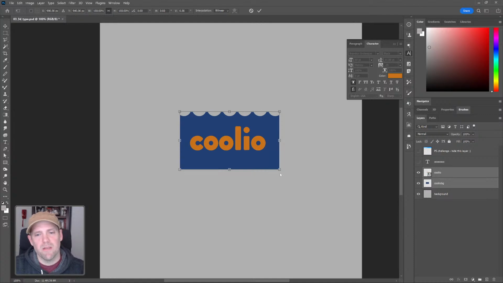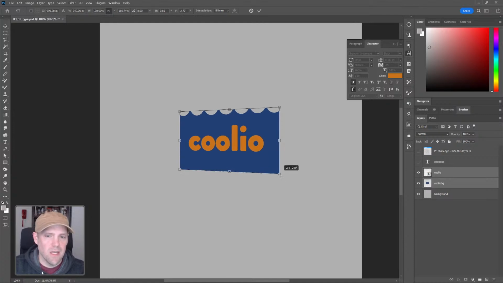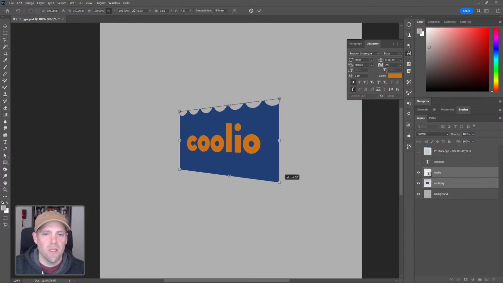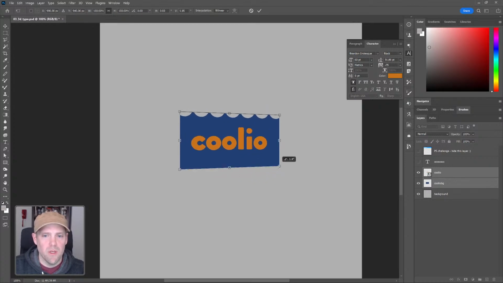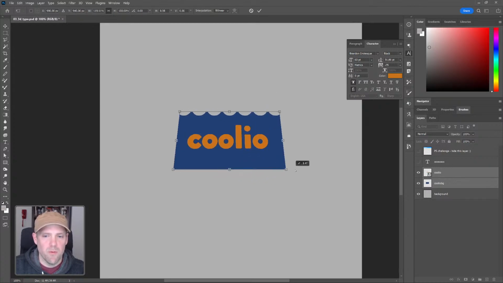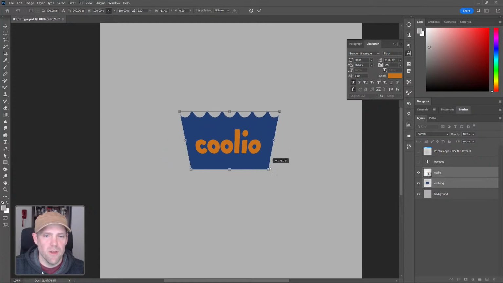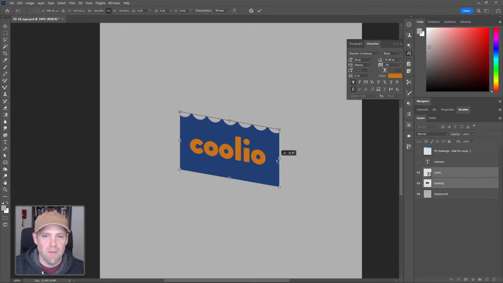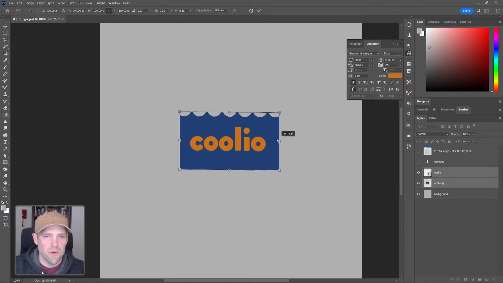So the perspective tool is kind of not tricky, but you want to play around with it. I recommend messing around with it. If you grab the corners, it will pull them to you or away from you. If you pull down or up, if you pull left or right, it will do the same thing, but in the opposite direction. If you grab the sides, it will kind of do this sort of thing, like a